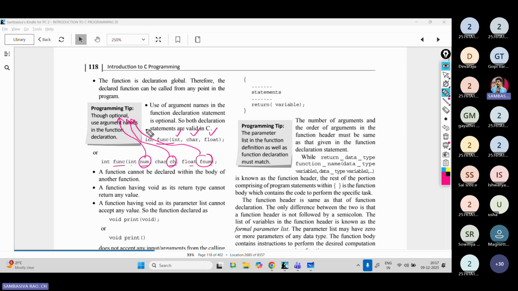Okay. And when we are defining any function, a function cannot be declared within the body of another function. It must be written at the start, before the main method, as the function prototype. And one more thing: the parameter list in the function definition as well as the function declaration